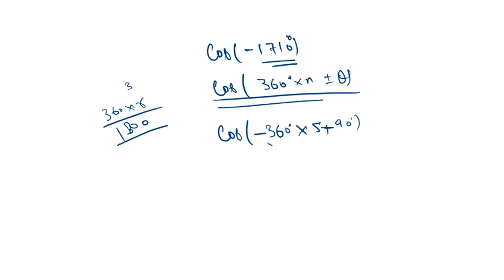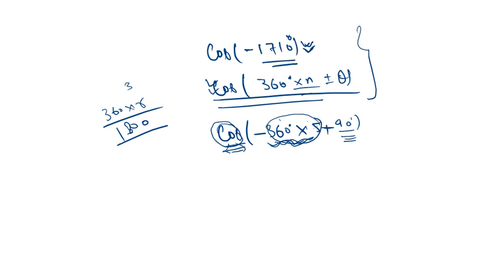So keep in mind, whenever you are doing 360 plus minus something, with 360 multiplied by n, this part will not play any role. Only this part will play the role. Also, your sine, cos, tan, cot, sec, cosec will not change their ratios to a different one. Whenever your angle is nearly 360 degrees, or a multiple of 360 degrees plus minus some angle, you have to follow this rule only: cos of 360 multiplied by n plus minus theta. Similarly, you have to follow the same case.